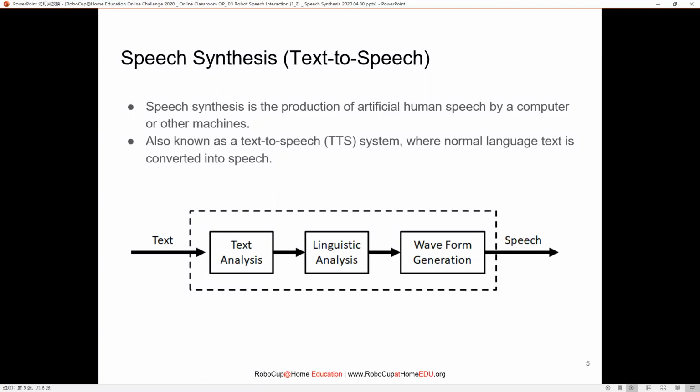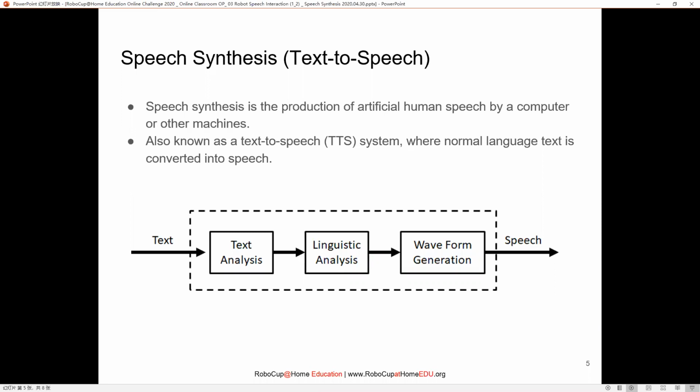Right? So it does the text analysis. Then linguistic analysis. Linguistic analysis is one step after the text analysis, where it tries to identify the grammar of the sentences that you inputted, for example, and also the punctuation, and also to see, for example, the same sentence can be